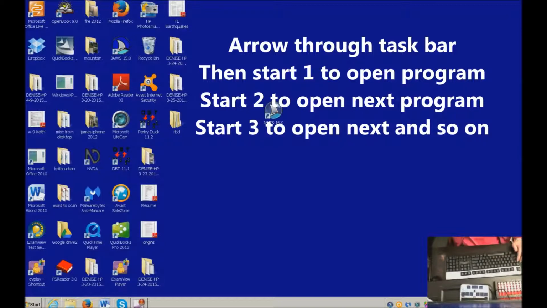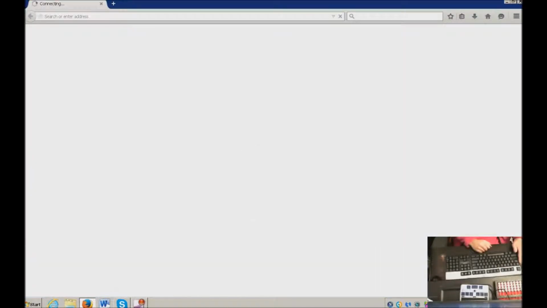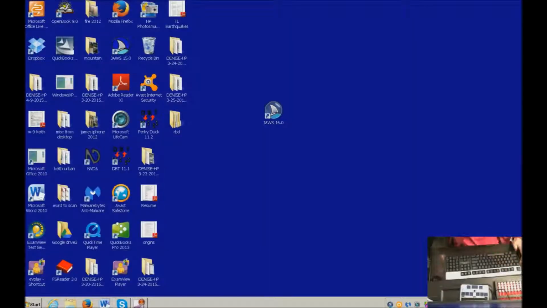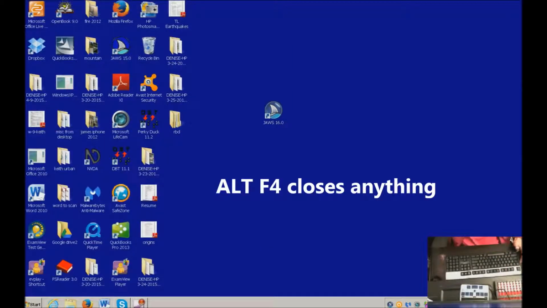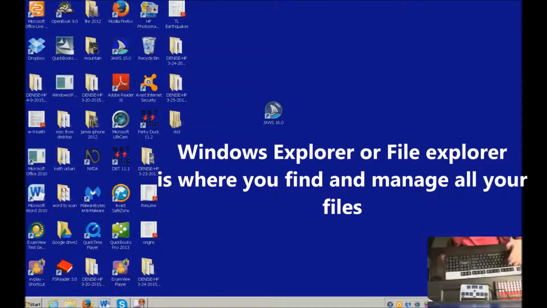If I do Start key 3, that will open Firefox. If I do Start key 4, that will open Word. So let's do Start key 3. Windows 3, Mozilla Firefox button, Mozilla Firefox. Alt F4 closes anything. If I do Start key 2, it's going to open my Windows Explorer. Windows 2, libraries, items, view, multi-select list. So take a look, Alt F4,